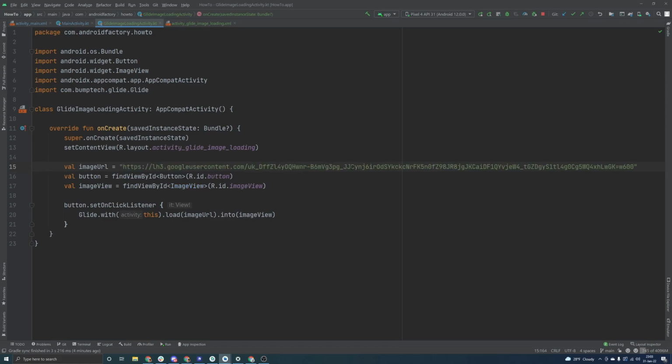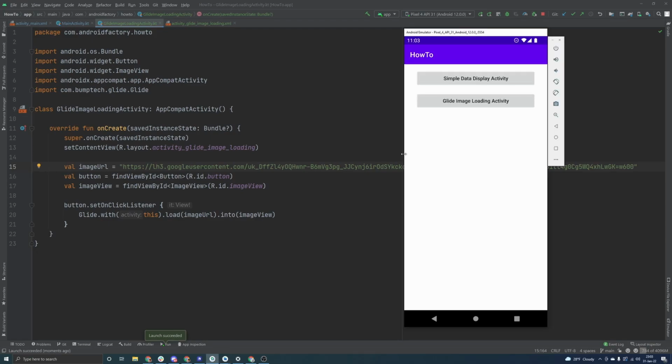I know this kind of looks a little gross. Typically in a regular application, you will get an image URL in some kind of a network response that you make from your backend or from some service. And this looks a little bit cleaner, but for the sake of this example, this will work just fine. So as we can see here, we've made it to the other activity, and if we click load image,